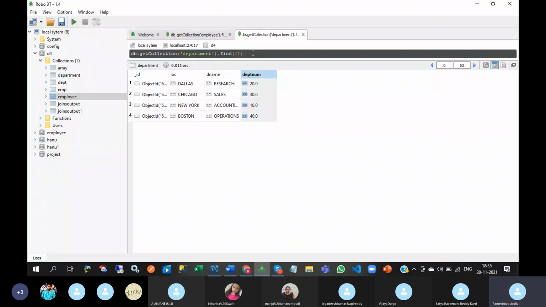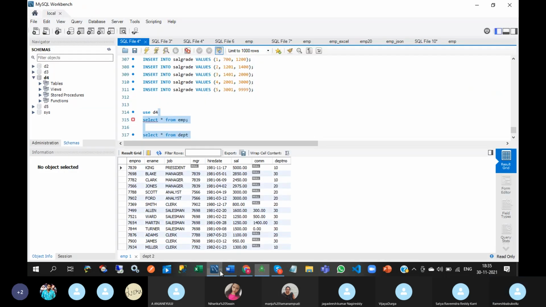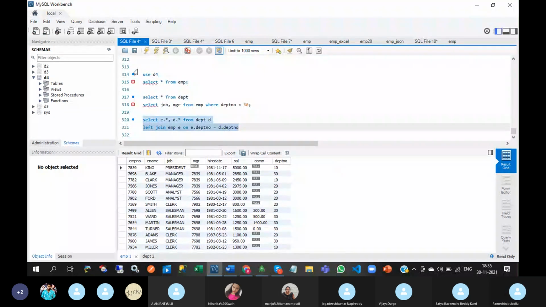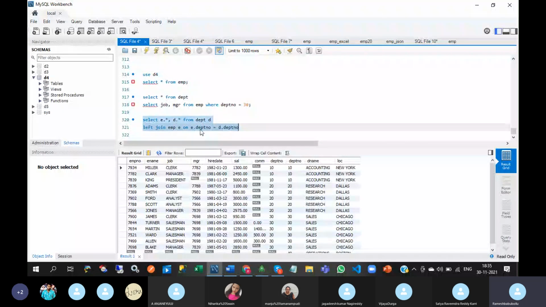Here I want to display employee details along with department details. In RDBMS, how to write the query? Yesterday I wrote this query. By writing this query, we can get the employee details and department details also.